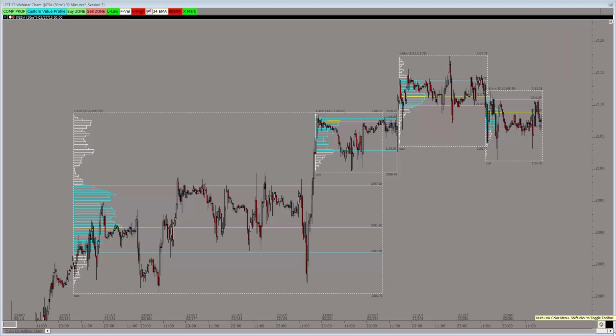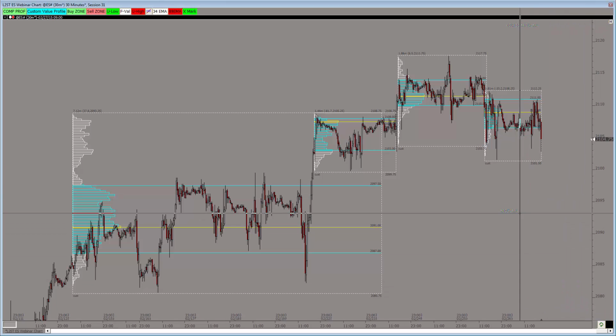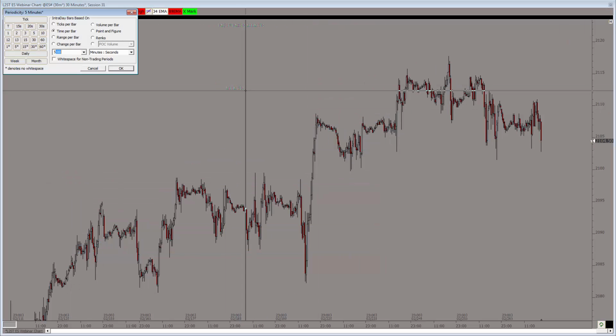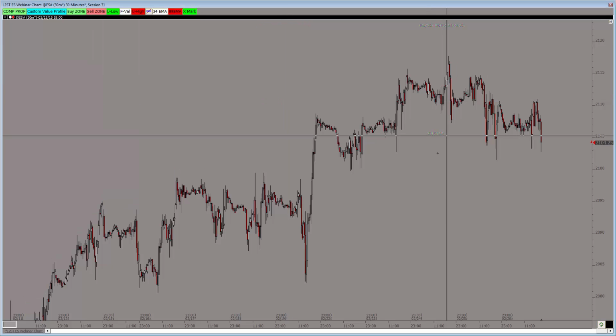Whereas the shorter term profiles, like the very short term profiles, like if I was to move to a 5-minute chart, you'll see lots and lots of very short term areas for trading around in value. But that's more of a scalper's time frame. I don't personally go that low, but some of you guys might be scalpers. So if I change that to 5 minutes,